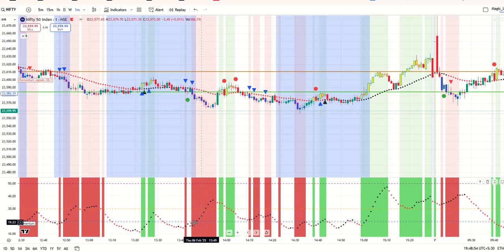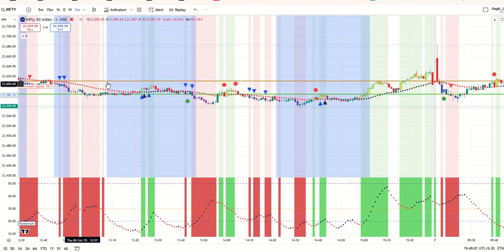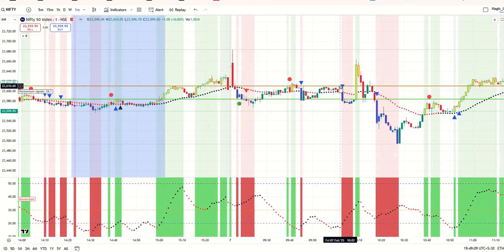This is a flat market. You keep going up, keep coming down, keep going up, keep coming down. All you need to see is the price oscillating around these high and low levels, which helps you to understand. Don't take trades just like this. Even when the market opened here and came down on this day, looking at this level, we clearly suggested to people, avoid any PE unless there is a clear breakout, because this level is going to act as